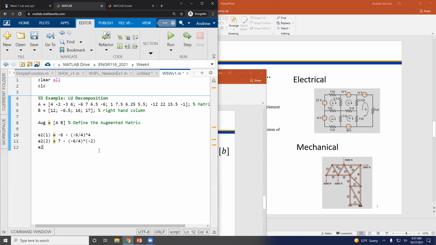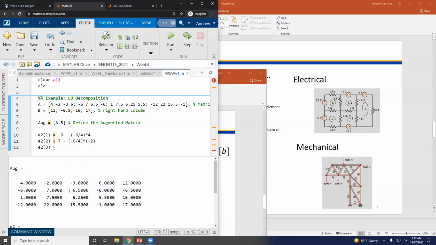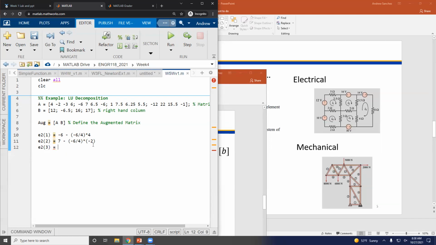Now E2 of 3 is going to be, now we look at what? Yeah, 6.5, right? See how we're shifting? Started here and we're shifting to the right. That's what the for loops are doing for you. That's what we're doing automatically. So help me out with that, 6.5